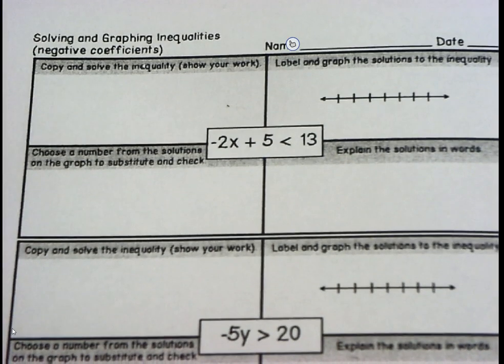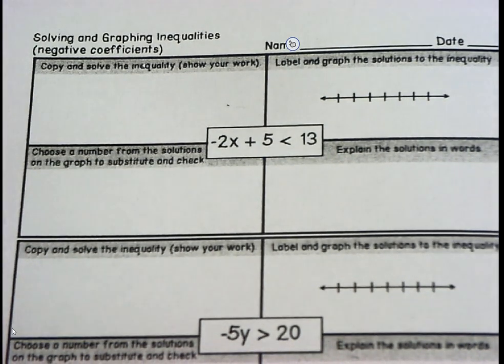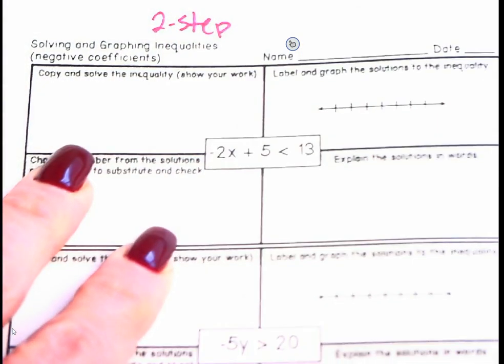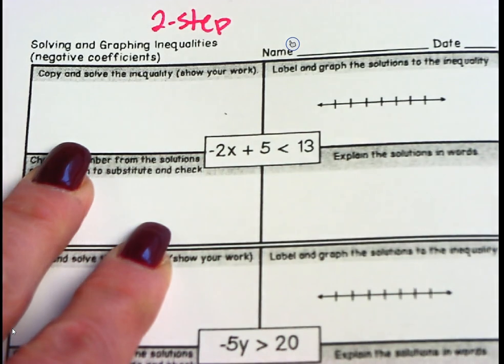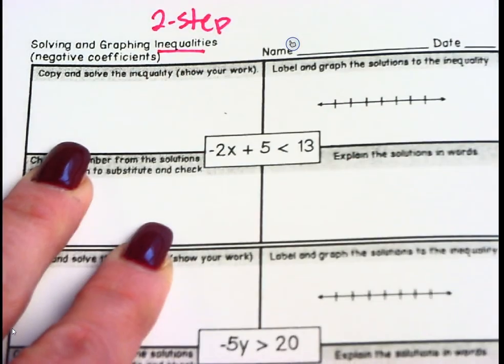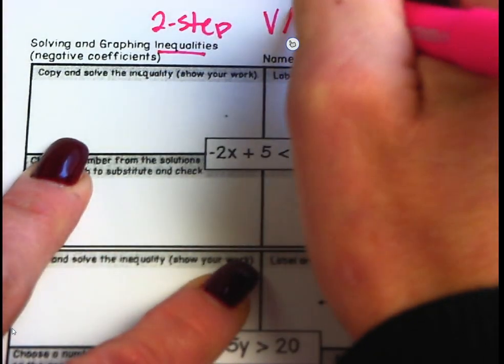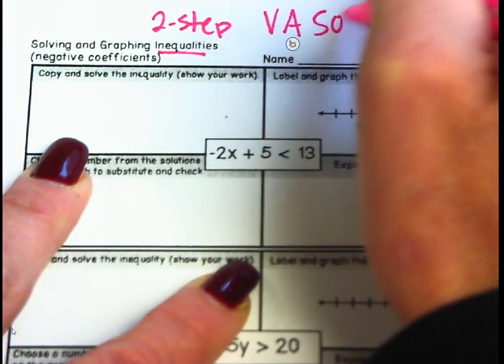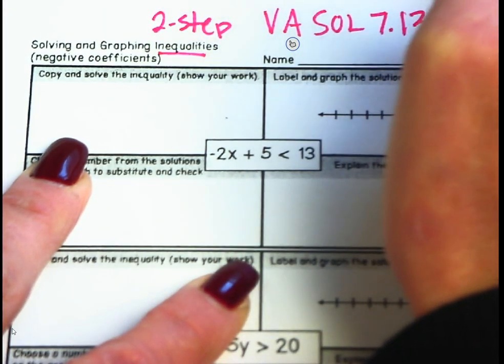Hello students, it's Ms. Cave with a lesson on solving and graphing inequalities, and this would be two-step inequalities. We've already learned how to graph one-step inequalities with addition, subtraction, multiplication, and division, and now we're moving on to two-step inequalities. The SOL for this, if you'd write on your paper, is Virginia SOL 7.13, which is writing,